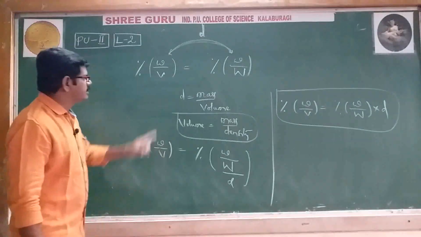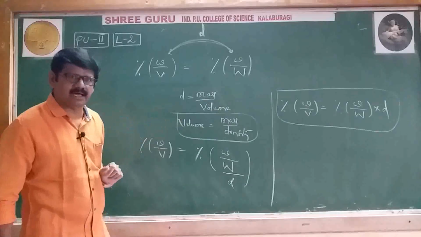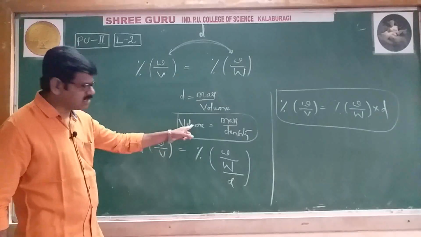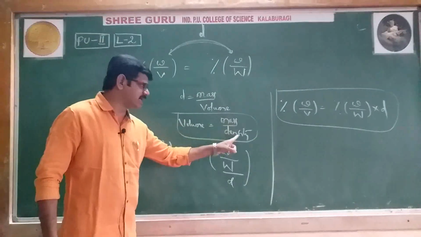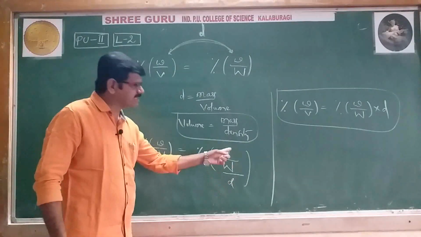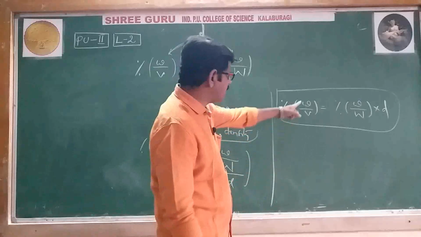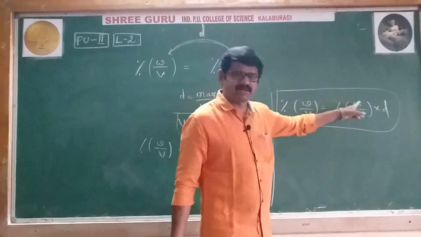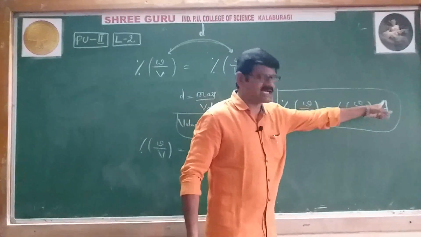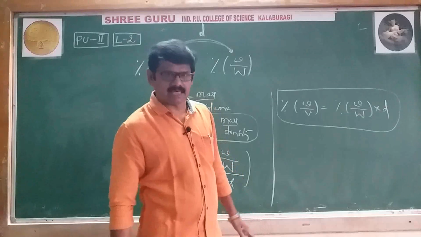Once again, here a volume, we have to convert it to mass. For that purpose, we are using this formula. Then in place of volume, we have to substitute mass by density. Mass by density, how is it substituted? Therefore, density will come in the numerator. And this is the conversion. Means if a mass by volume is given, we will convert it into mass by mass just by multiplying with the density, or vice versa also we can calculate.